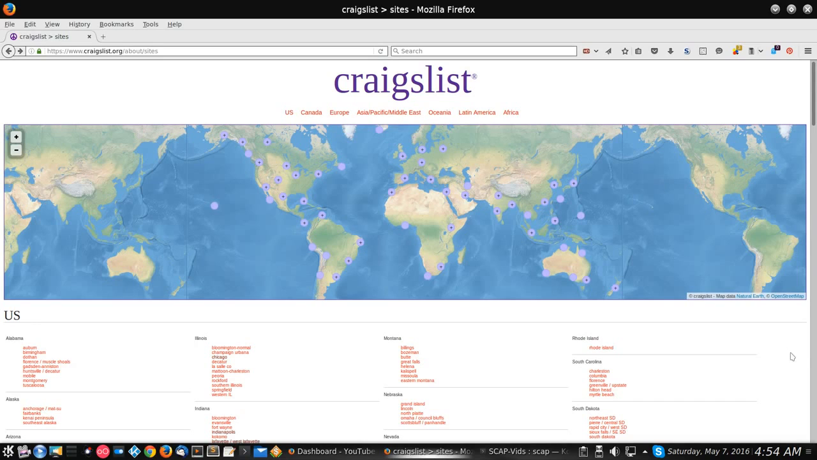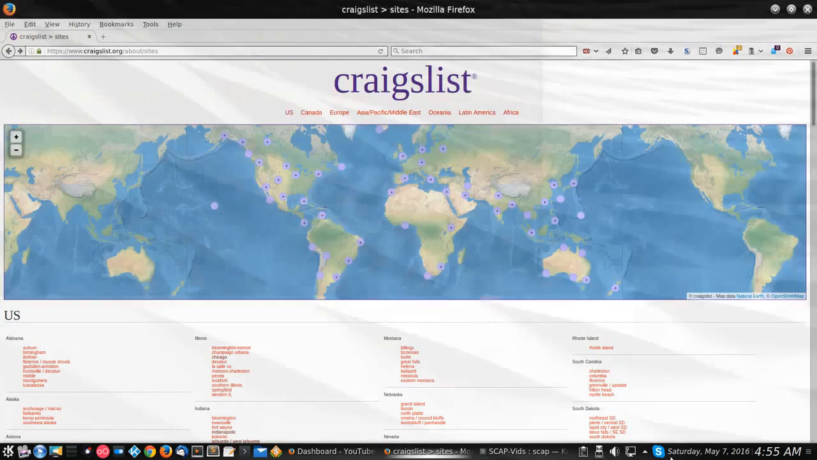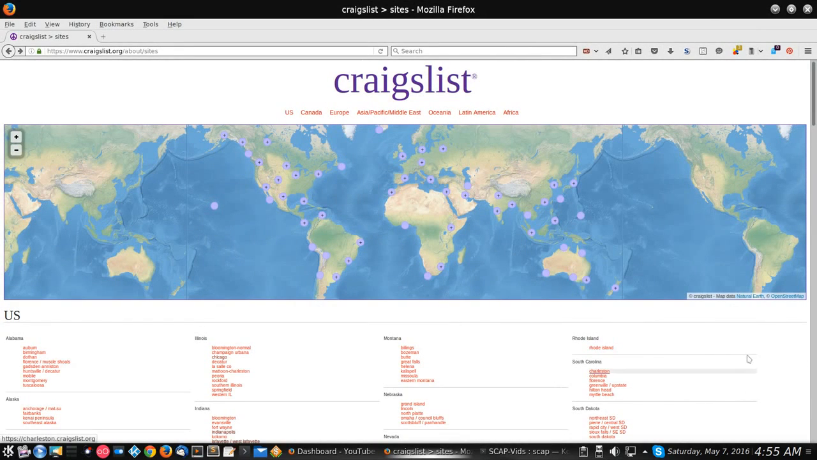Let's start at the very basics. First thing is you've got to get to Craigslist, and you get to it on the internet. So open up a browser and type in www.craigslist.org, which you can see right up here, and it will bring you to this page. From this page, you'll see a couple different things. You'll see the big map in the front, and then you'll see all these links down here at the bottom,